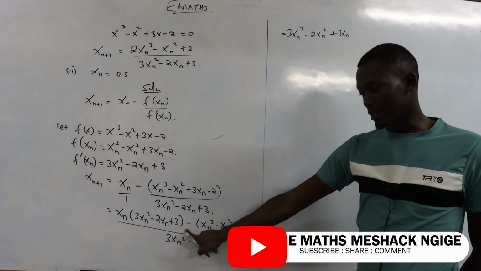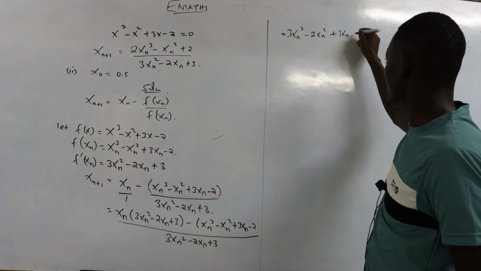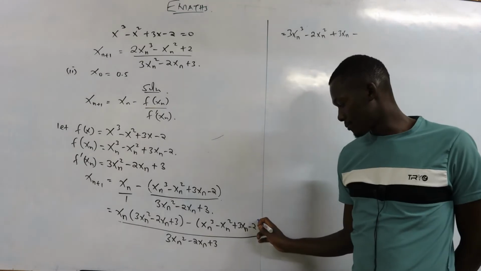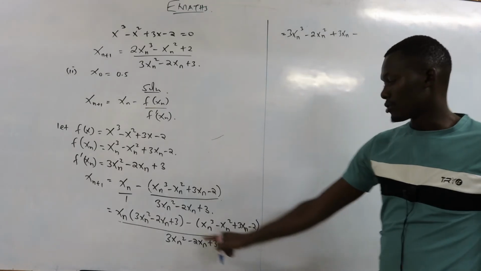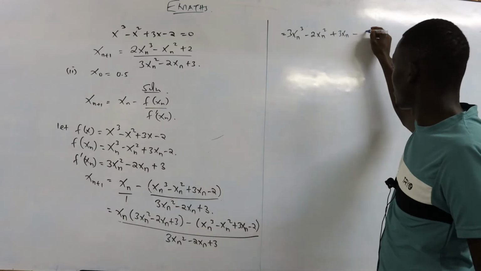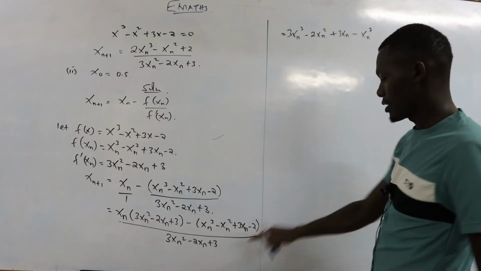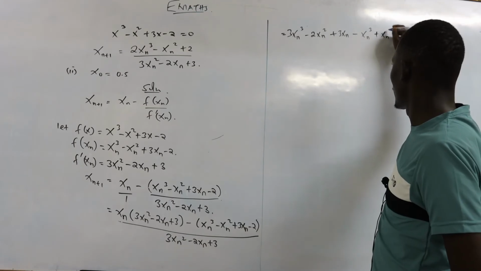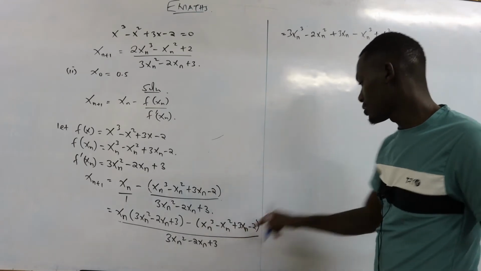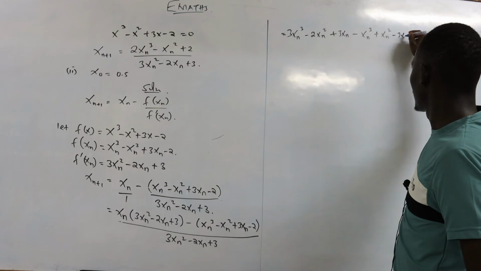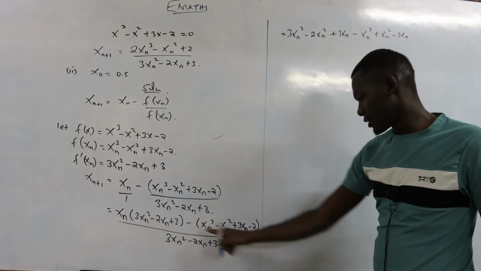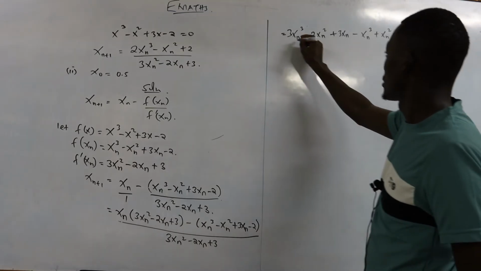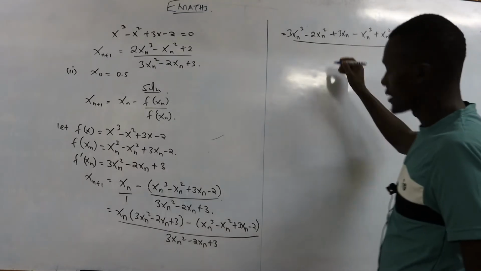Then here we have a negative. So the negative opens all this bracket. That is the reason why I said the bracket is very, very important. So we can close it there. So the negative multiplies everything. So we shall have xn cubed. Okay. Then negative gives you positive, so plus xn squared. Then negative positive gives you a negative, minus 3xn. Then negative gives you a positive, so plus 2. Okay, then all of that over the LCM, which is